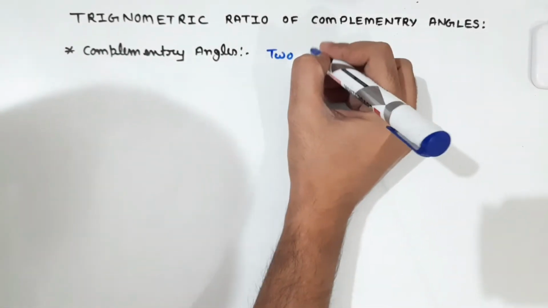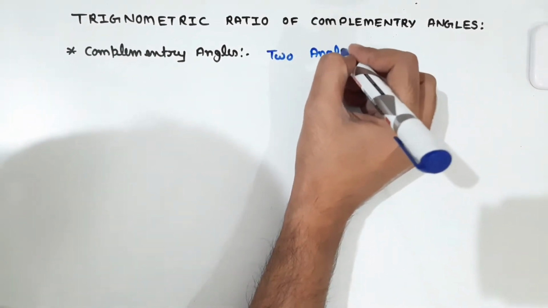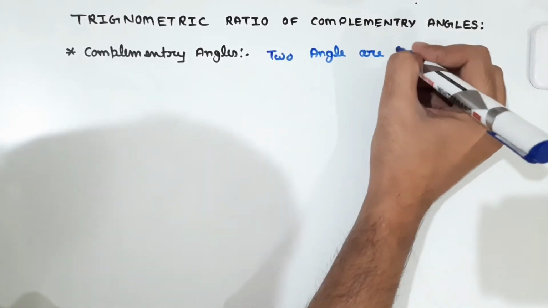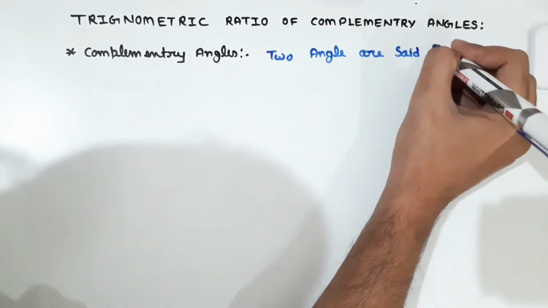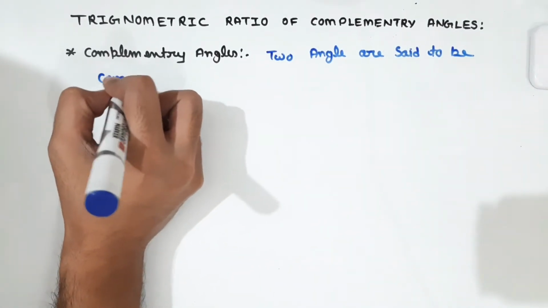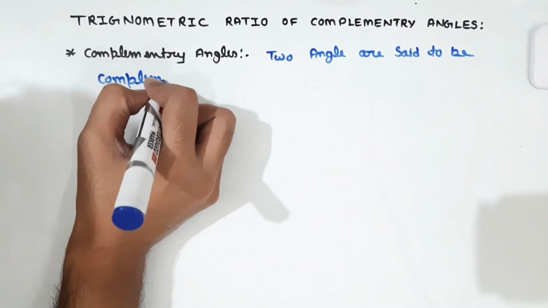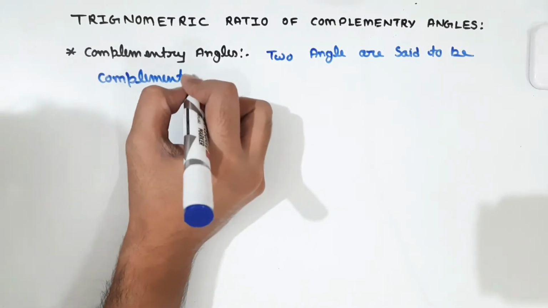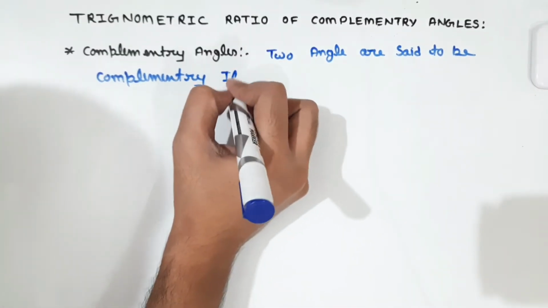Two angles are said to be complementary if their sum is